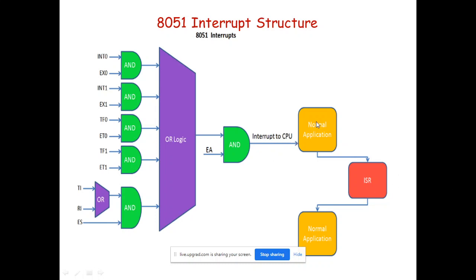Before that, the CPU was already executing the main program. Now an interrupt arises and disturbs the CPU. At that time the CPU stops its current work. The address of the next instruction of the program is held on the stack and it jumps to the ISR. But initially we don't know the starting address of the ISR, and that is why the controller goes to the interrupt vector table, which has the address of the ISR. It takes that address of the ISR and executes all the code